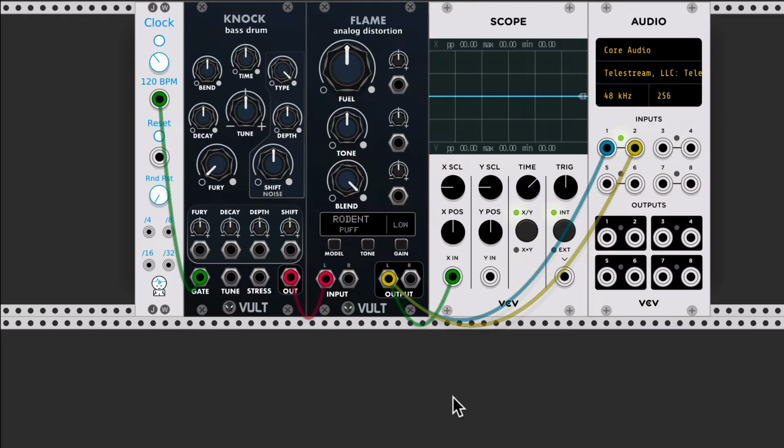If you remember, Flame used to have switches to define which model we wanted to use, the tone, and also the amount of gain. So what I've done is replace those switches with a screen, so you can think that this is Flame Mark II, and this allows me